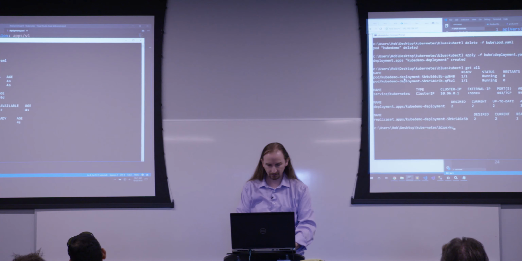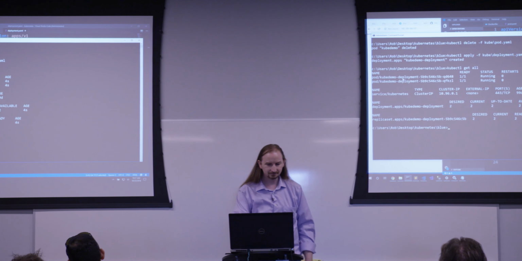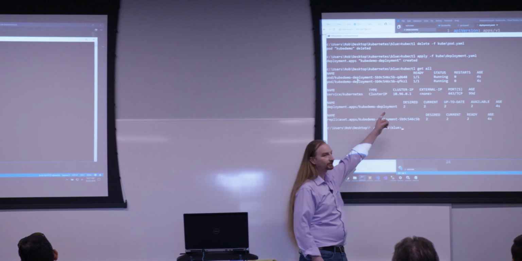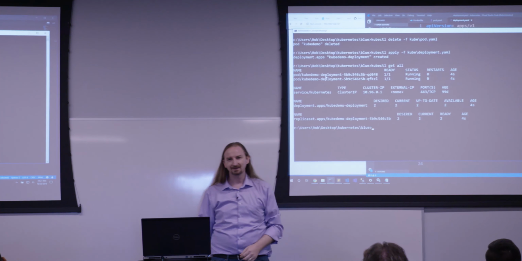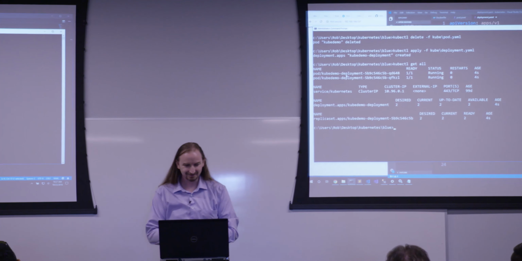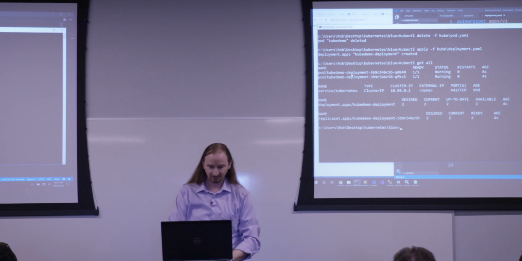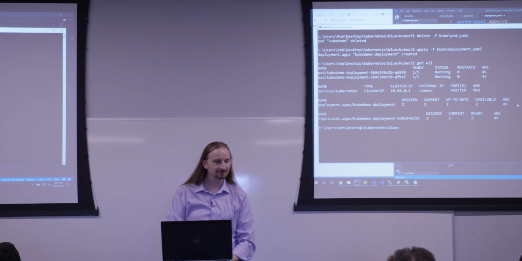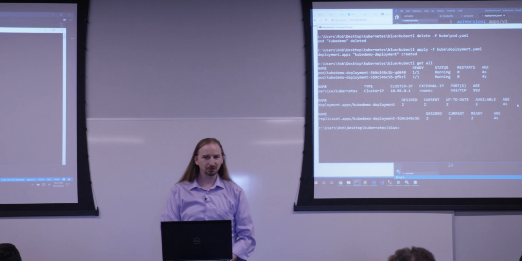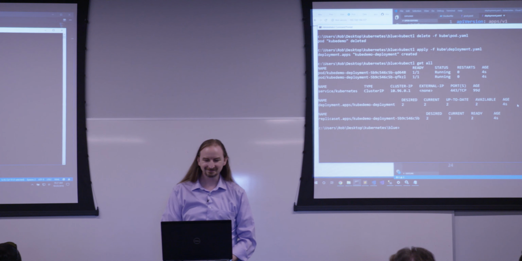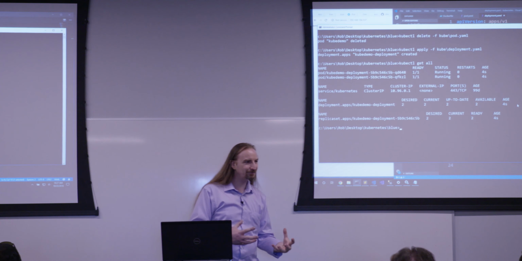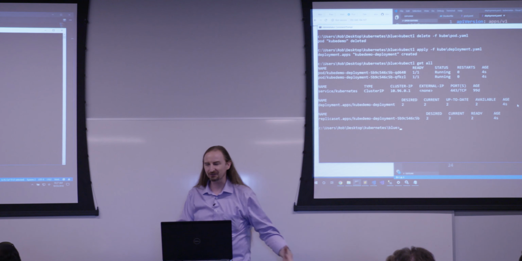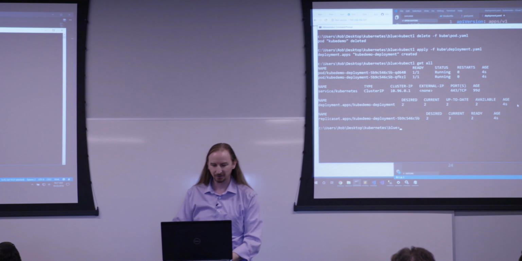If I hurry, nope, I didn't. We now have 2 copies of the web server running. That's great. Here's our deployment, and they've been up for 4 seconds. How fast does your VM boot? OK, so we have 2 containers running. It's doing really interesting things, but we don't have any traffic going to it yet.